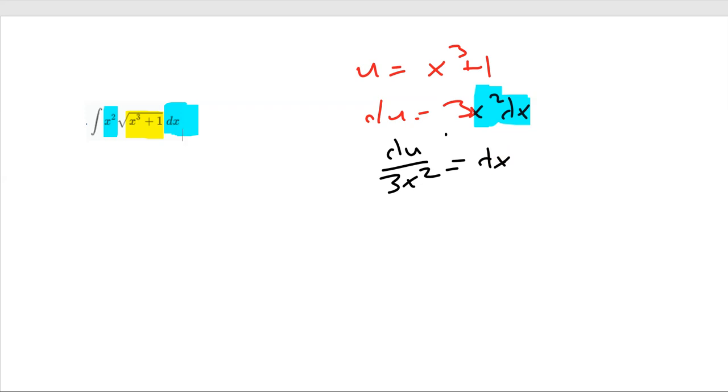Okay? So when we make these substitutions, we're just going to put a u instead of that x cubed plus 1, and the dx will be du over 3x squared. Now you notice the reason for doing this is that the x squareds will then cancel out, and we are just left with, I'm just going to pull that 1/3 here into the front,